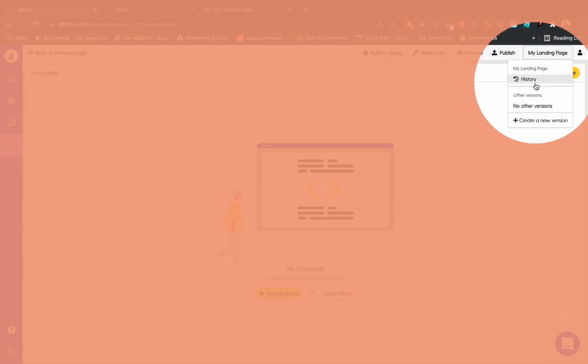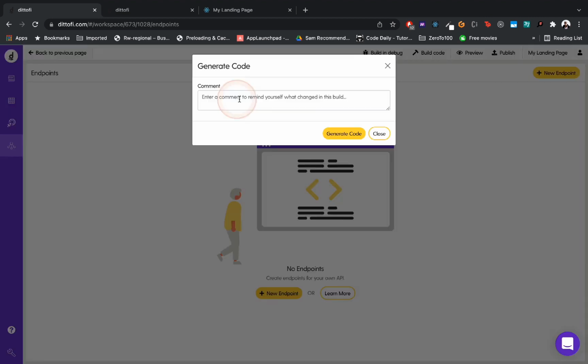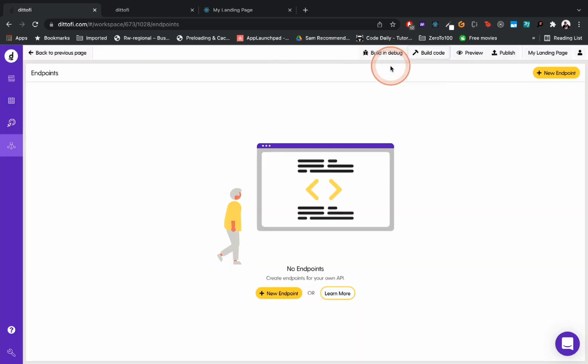Finally, on this menu, you have history. This history, when we build our code, creates a snapshot of what's happening in our app. That way, if, say for instance, something was to go wrong, you can revert to previous snapshots of your app. That's what the history is all about. Versions. These versions could allow you to create two, three, four, five versions of your app, and choose which ones your users are going to see, which ones you're working on, and so on and so forth.